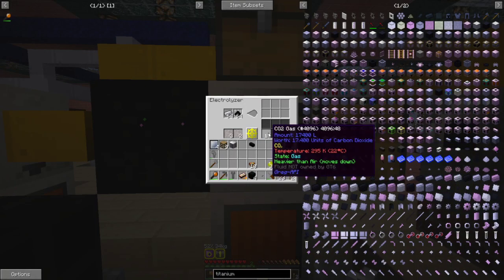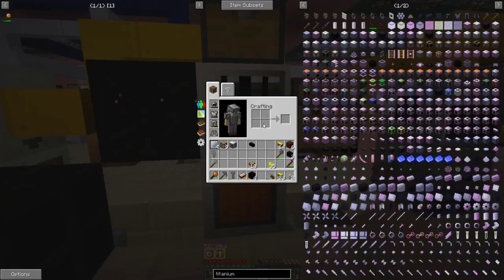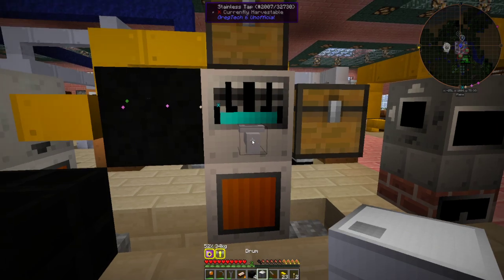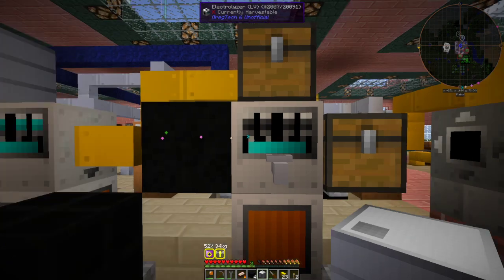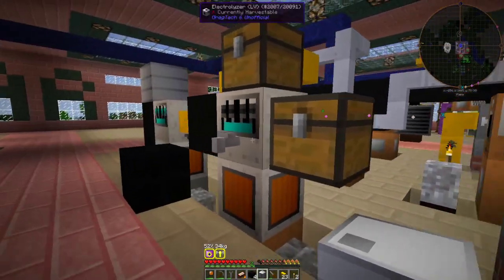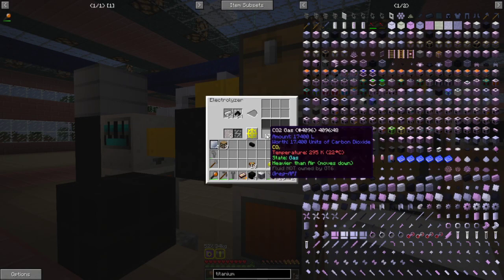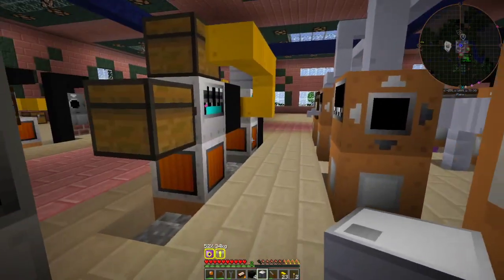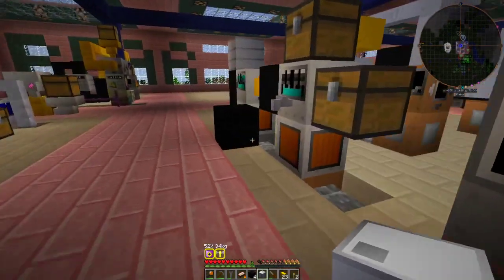Alright, so we have CO2 backed up in there. Now what we're going to do, we're going to take this, and we're going to hit the tap, and now we have, crap. Keep forgetting it always wants to take the input side first. So now we just took all of our cryolite out of there, when what I wanted was the CO2. So we need to put that back in,